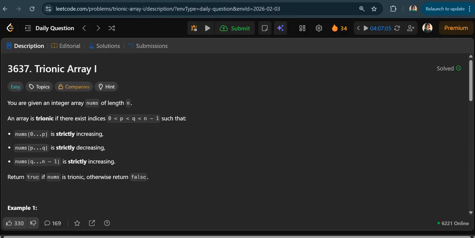So let's start with today's LeetCode question. Today's LeetCode question is Trionic Array, and this is easy level. Let's see. We have an array nums of length n, and an array is trionic if there exist indices